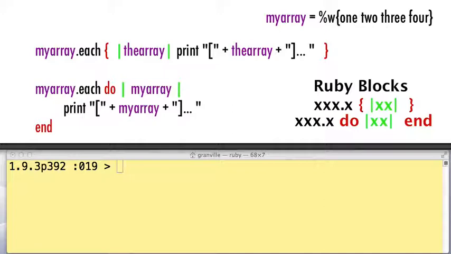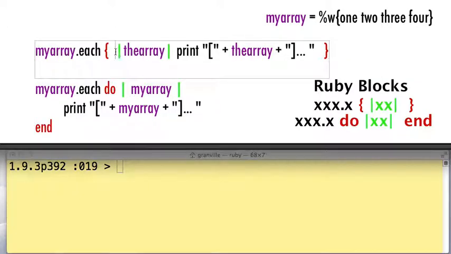To explain blocks, Ruby blocks. Simply, a Ruby block is just code that is inside the brackets. Just think of it like that. All right. And to explain it,